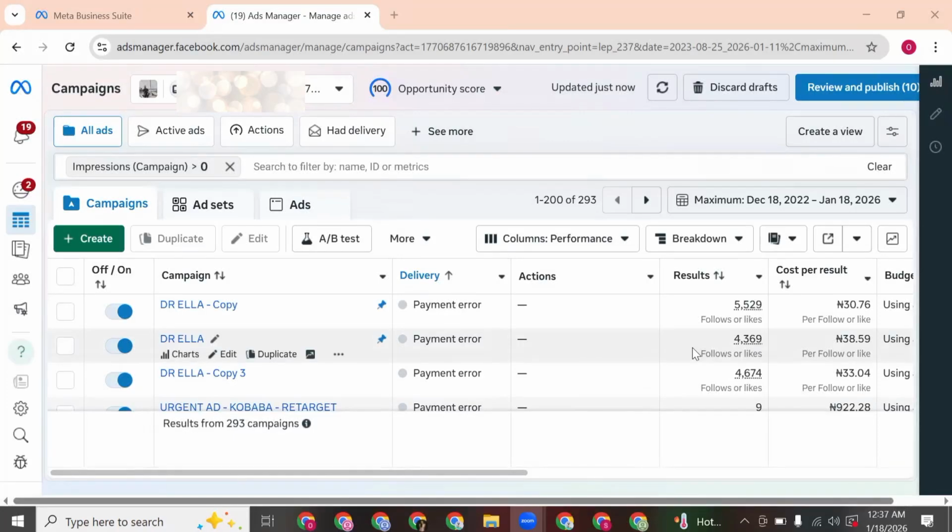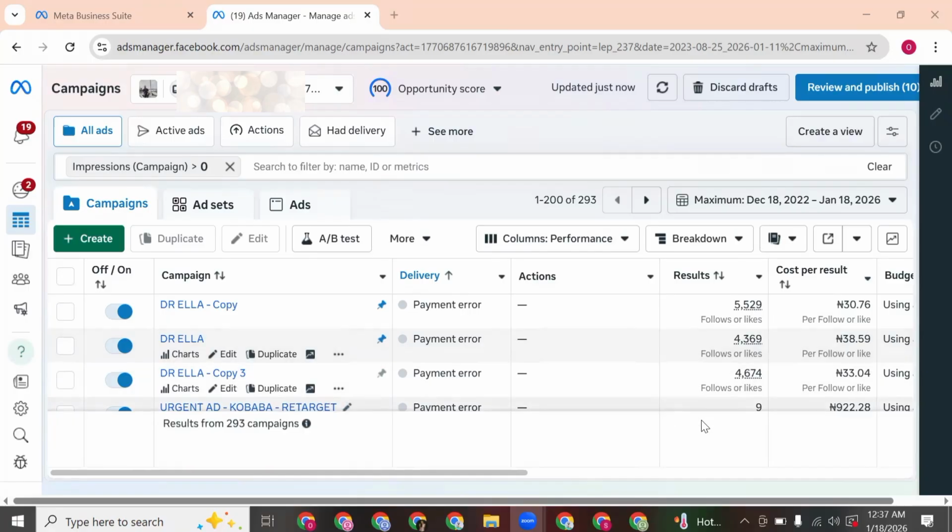If you try to run Facebook ads without setting up your ad account properly in your business manager, Facebook is going to shut you down or even restrict your account before you start spending any money. And I have seen this happen to dozens of people who skip this one setup step. In the next 8 to 10 minutes, I'm going to show you exactly how to set up your ad account the right way so that Facebook does not flag you, and how you can start using it to run adverts